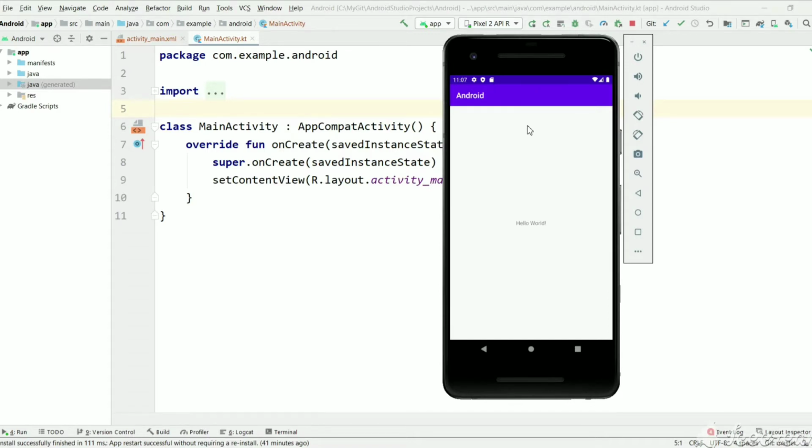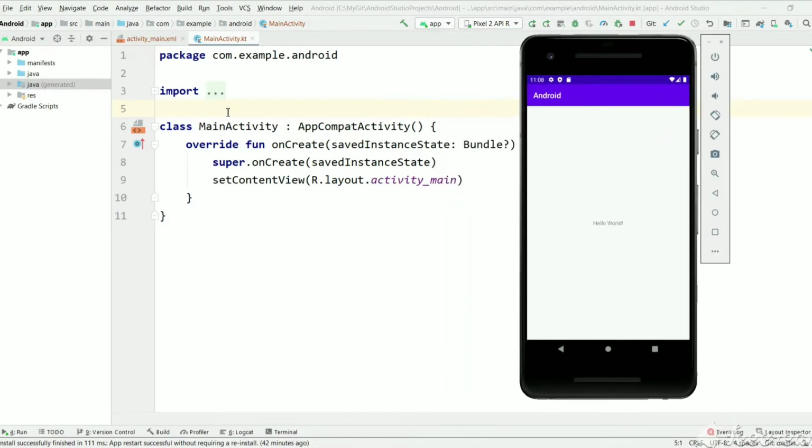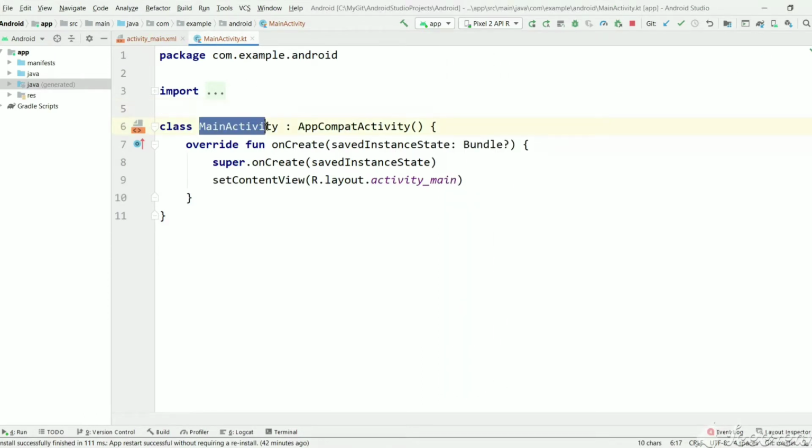text view or anything. So in an Android app, we can shift from one activity to another activity to show their designs and the user can interact with those designs. So here it is an activity and let's see where that activity exists. Here you can see MainActivity is a class which extends AppCompatActivity. Then this becomes an activity of Android. So where this exists, you can see under package com.example.android.mymainactivity.